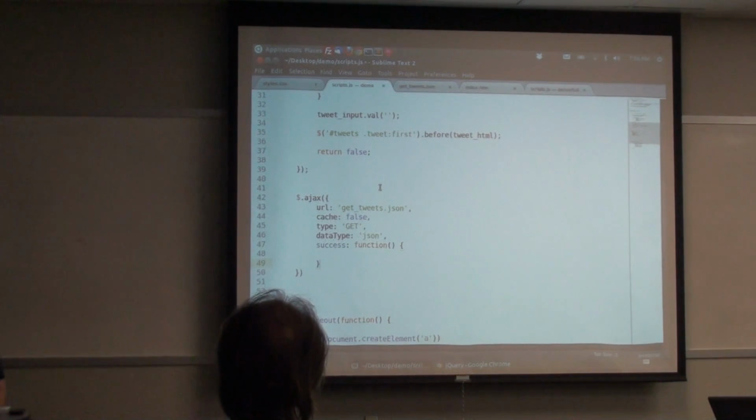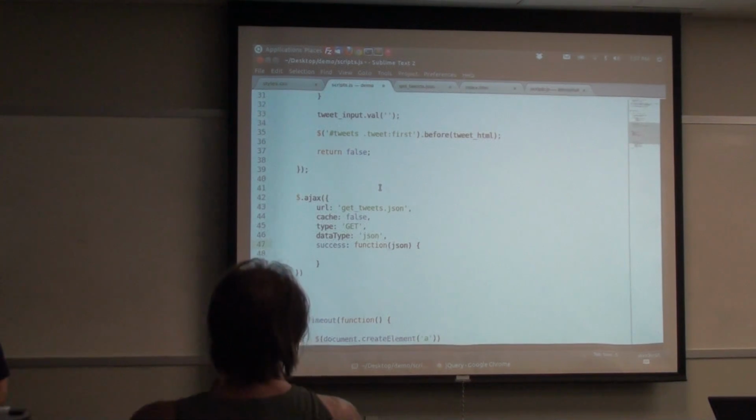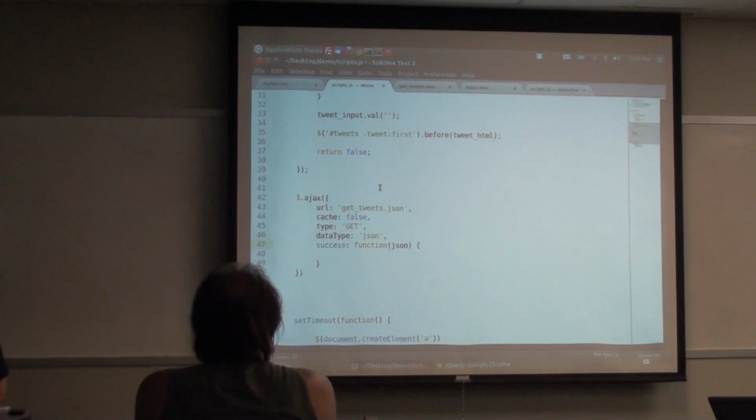Okay, so one of the things that this function gets passed in is data, and the data is essentially the JSON. Actually, I sometimes call it JSON. We'll just call it that for now. Again, it's kind of a misnomer because we are dealing with an object variable. I just called it JSON because it came from JSON. Let's just say that. So I can say